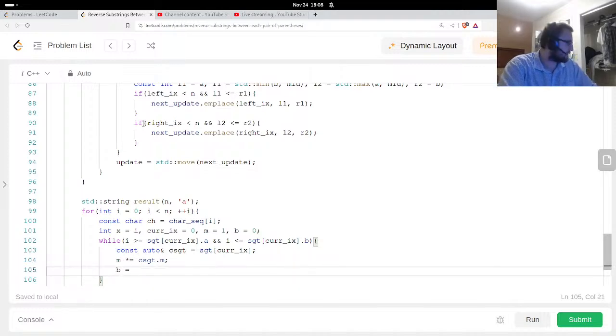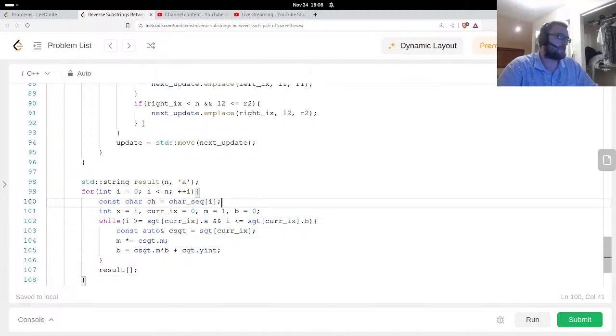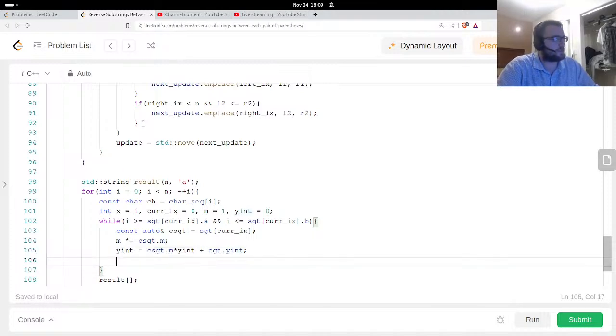And then b is going to be b1, which is itself, times c segment m, plus b2, which is c segment y-int. Okay, a little confusing. Maybe I should just call this y-int. The y-intercept. And then